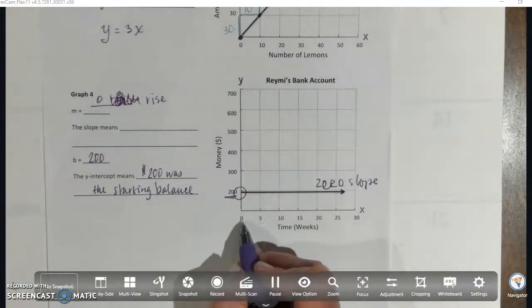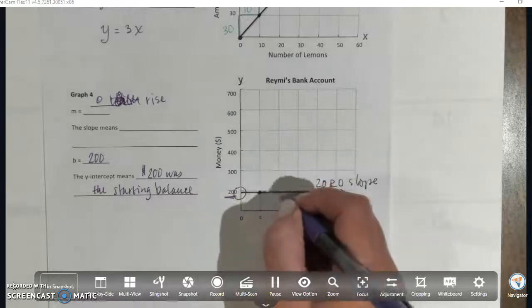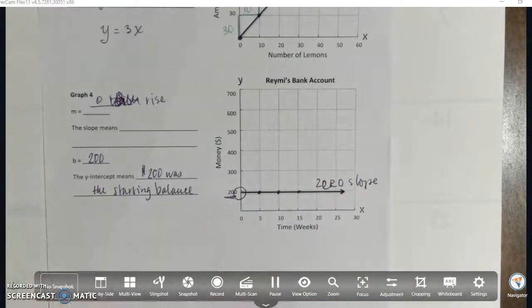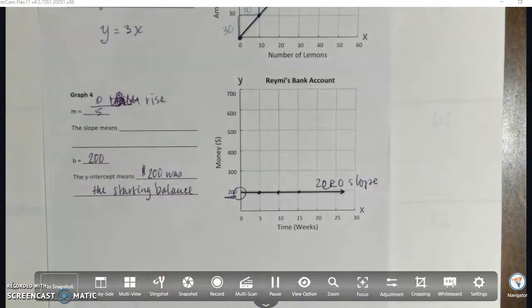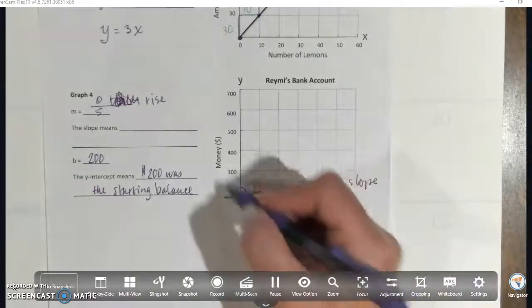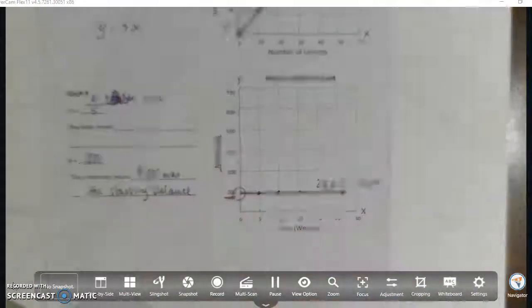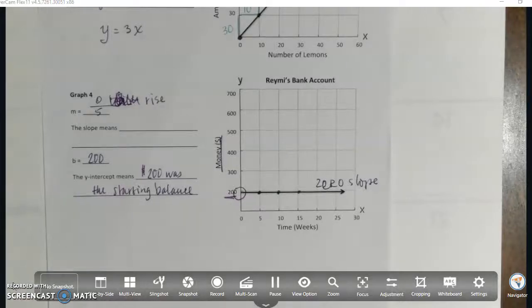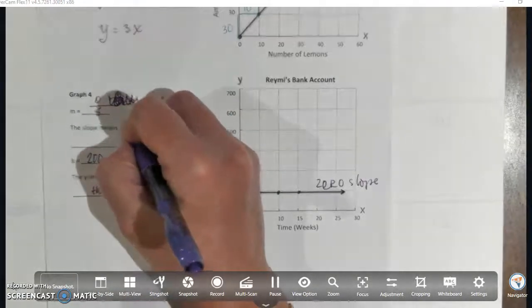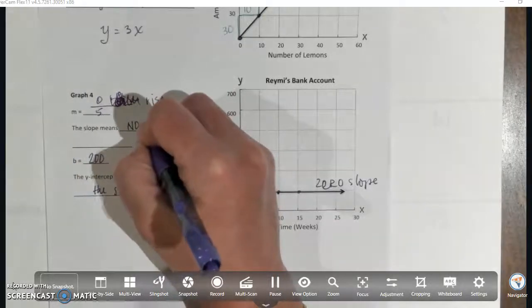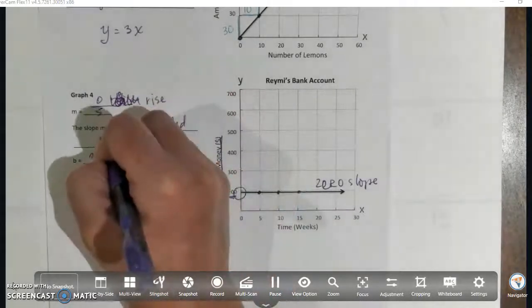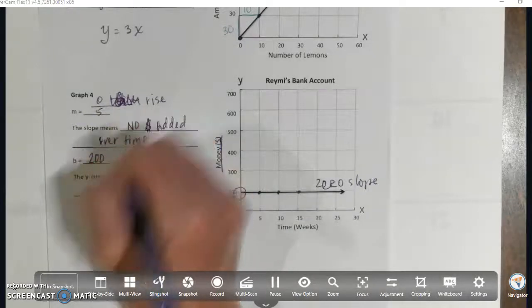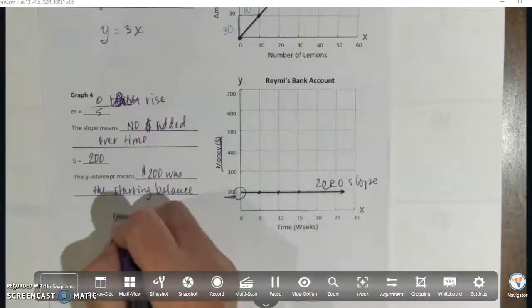There is run, you can track that, you can say over 5, over 10, and so on, but there's no change in the money balance. Okay, so you do not have increase in value. So we would say no money added over time. And your graph would be, your equation would be